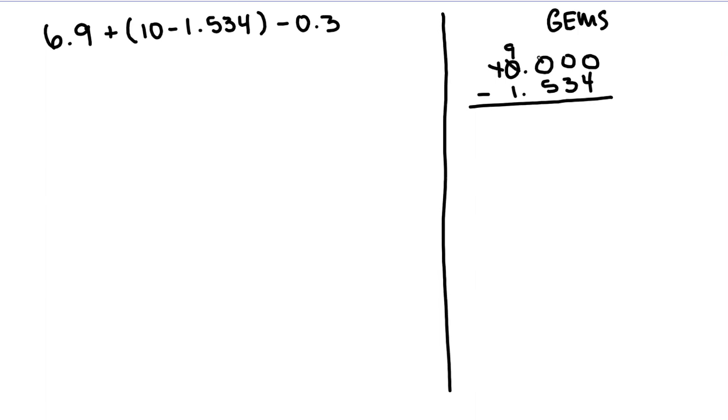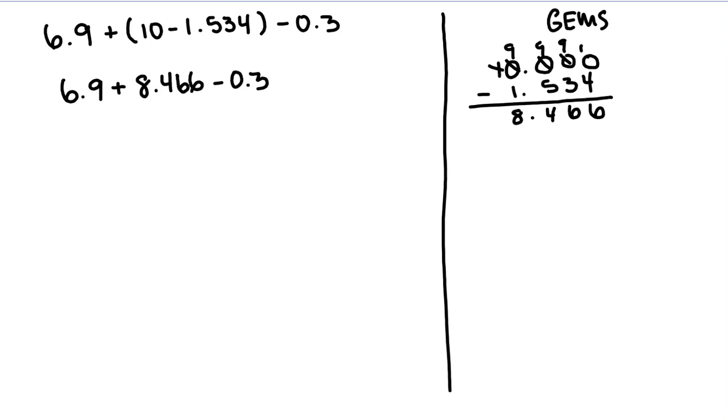This is going to be 9, this is going to be 9, this is going to be 9, this is going to be 10. So we're going to have 6, 4, and 8. So we're going to rewrite over here as 6 and 9/10 plus 8 and 466 thousandths minus